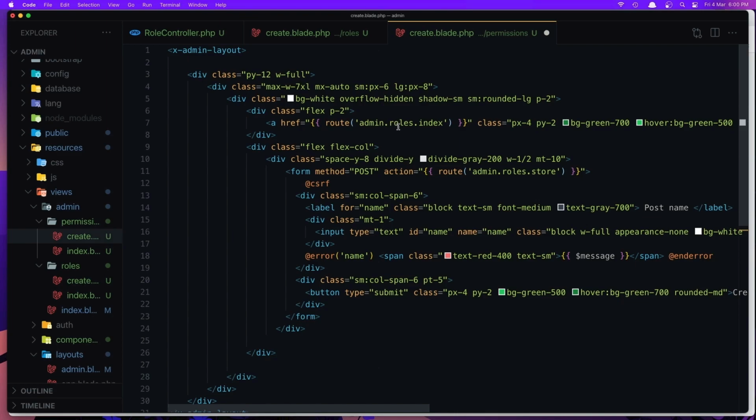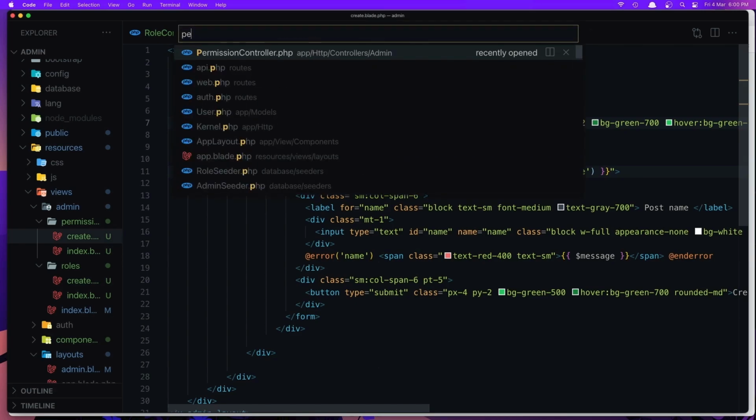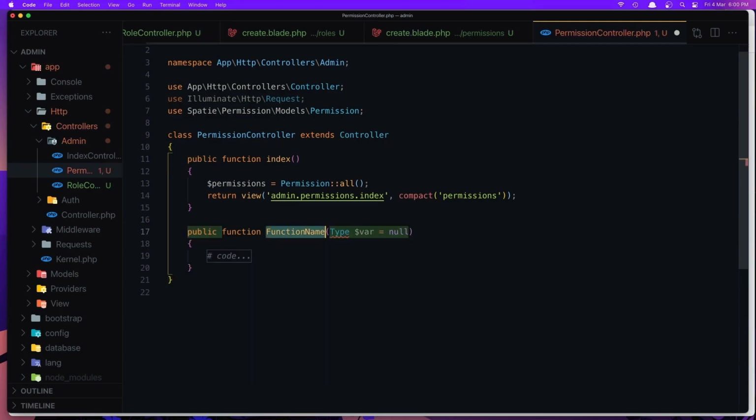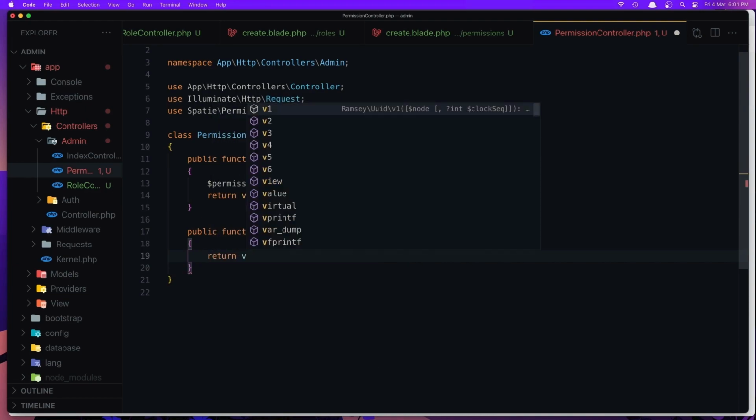We need to change some. Here in the action is also going to be permissions. And that's it. Save. Go now to the permission controller and create the method. So permission, a function for create. And here we need to return the view,